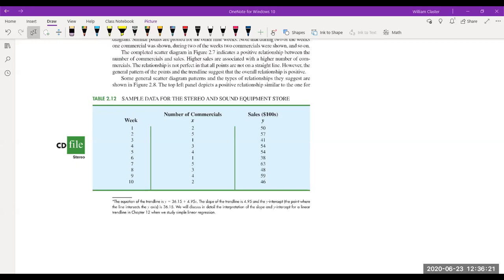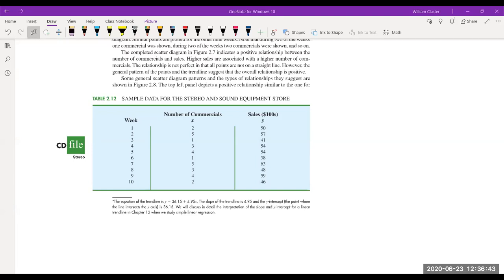Right, I guess so. Or no, I think it's $5,700. Yeah. Right. We'll just say 57. Okay, good. So anyway, the point here is to ask or to think about or to wonder whether commercials affect